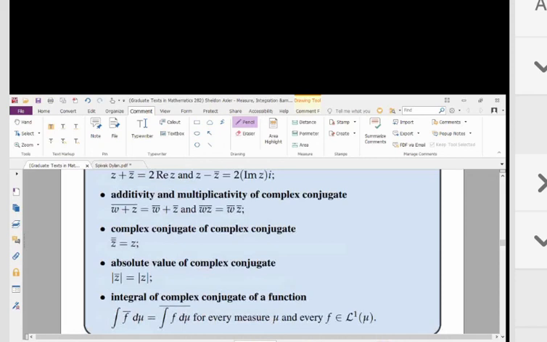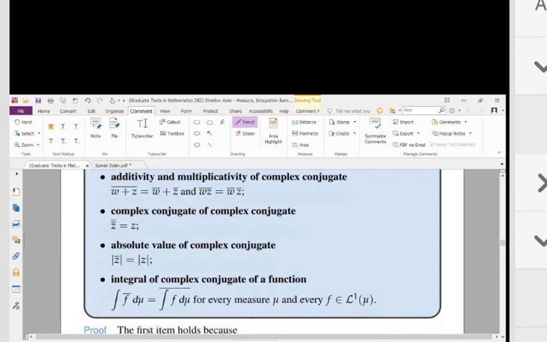The absolute value of z bar equals the absolute value of z, and the integral of the complex conjugate of a function equals this for every measure mu and every f in L1. All of these are trivial, and this is easy because